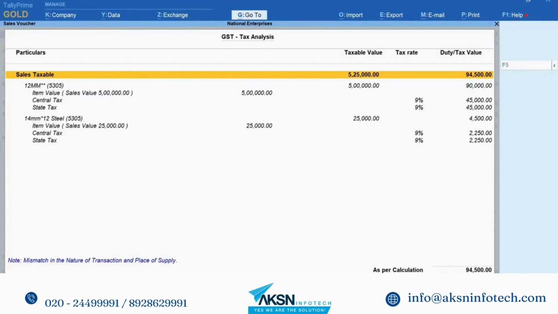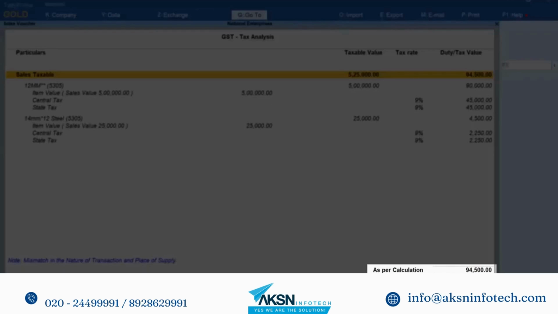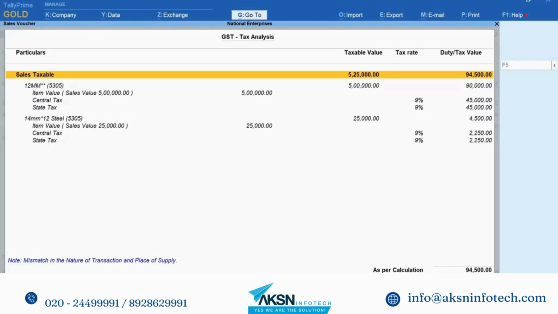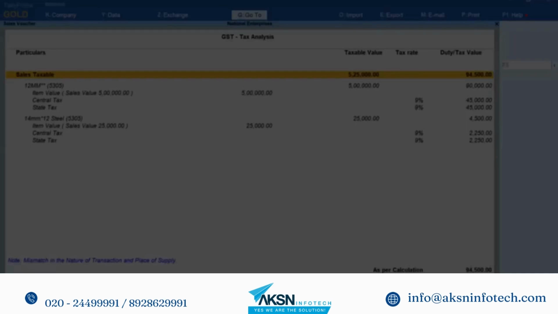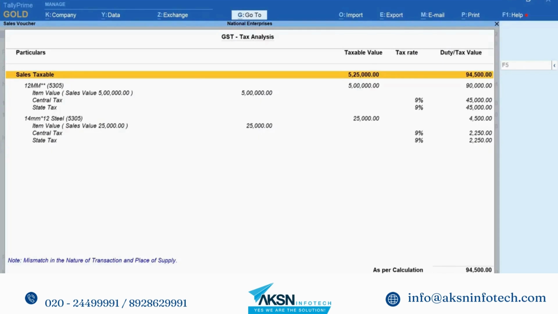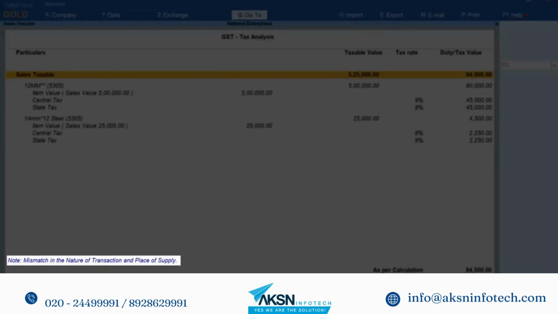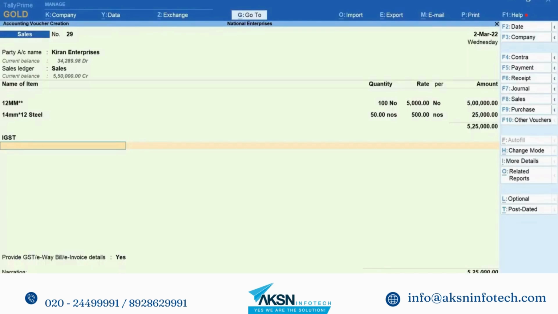टैली प्राइम टैक्स तो कैलकुलेट कर रहा है परंतु वाउचर में लागू नहीं कर रहा, जिससे एज पर ट्रांजैक्शन फील्ड खाली है। सबसे महत्वपूर्ण बात यह है कि टैली प्राइम आपको वाउचर में टैक्स लागू न होने का कारण एक नोट के जरिए बताता है। अगर नेचर ऑफ ट्रांजैक्शन और प्लेस ऑफ सप्लाई के बीच कोई बेमेल हो तो आपको पता चल जाएगा। सौदे के प्रकार पर आधारित इस समस्या को हल किया जा सकता है।